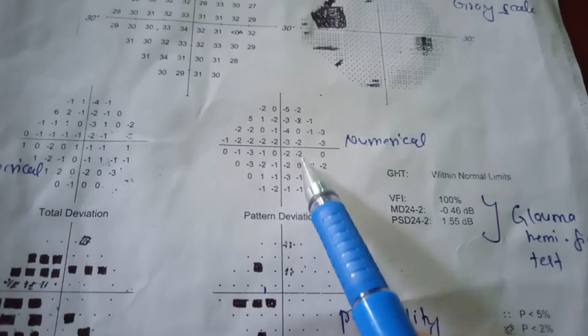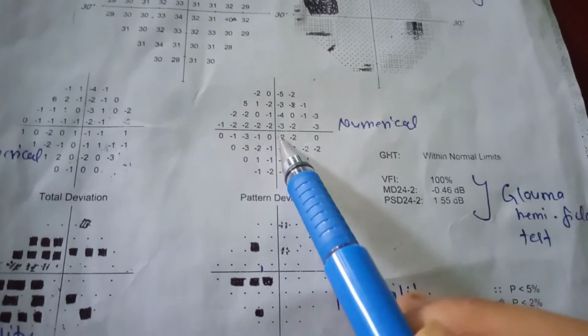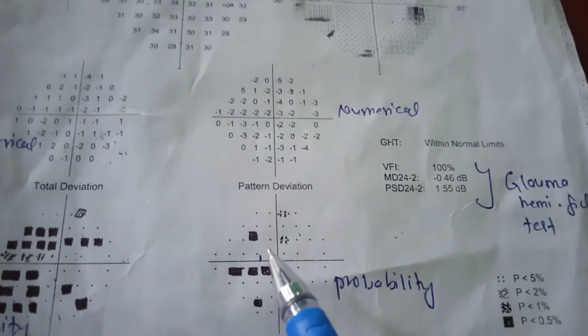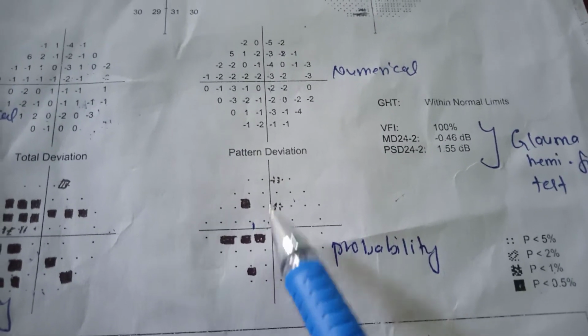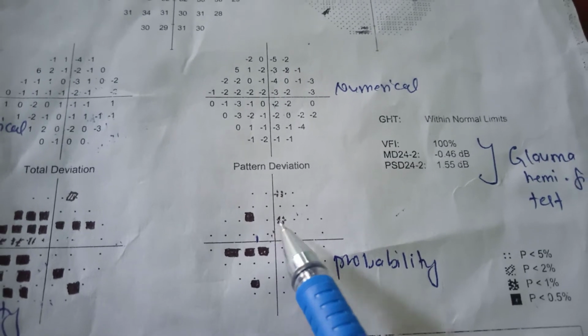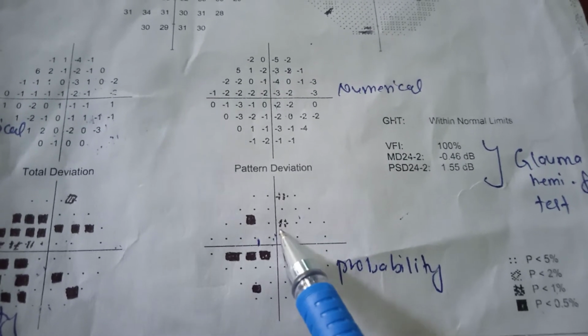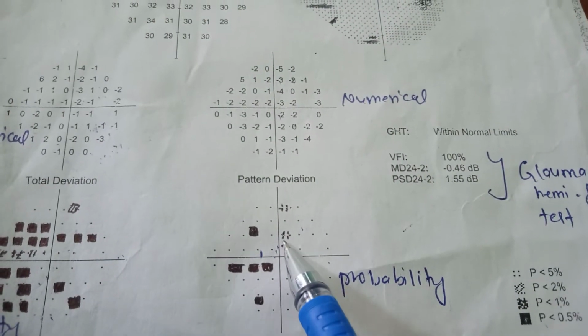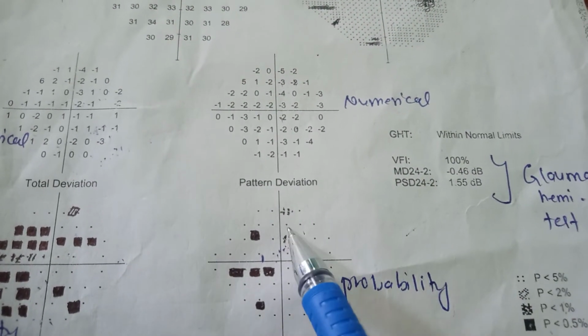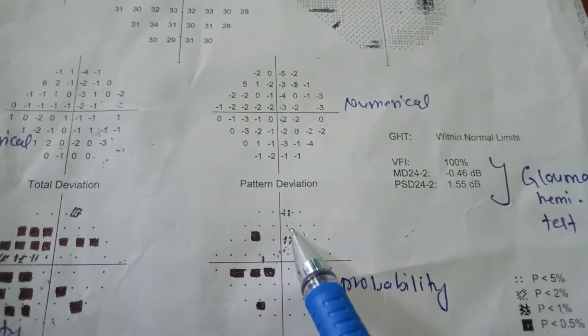So here we have to select the 7th retinal point, and lastly, this is the pattern deviation probability plot. It shows localized field defect and deep scotoma. Mild to moderate degrees of decibel deviation are eliminated and only high decibel deviations are highlighted. It removes diffuse field loss due to cataract and hemorrhages.